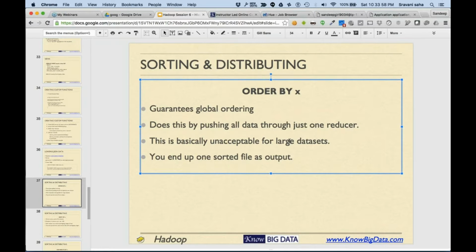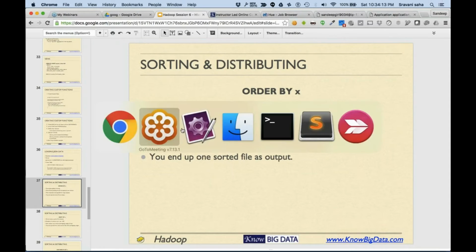Now, even though each individual file is well sorted, when you concatenate the two files, it's not sorted. The output is not sorted. Therefore, there is a little problem when it comes to sorting in the distributed environment.